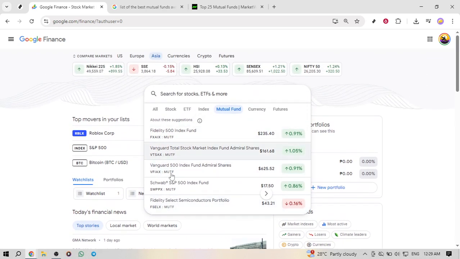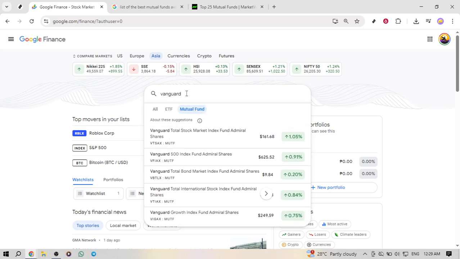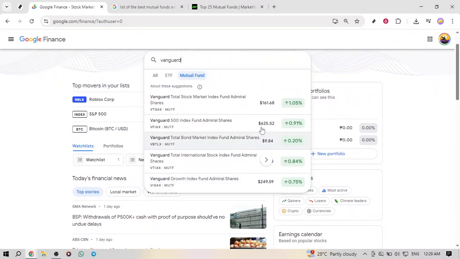deeper elsewhere. If you already know the mutual fund you're looking for, type its name or ticker directly into the search bar. Google Finance will auto-suggest as you type, which helps you pick the correct fund when multiple share similar names. Select the exact match to open its page and review the same overview information, making sure you're looking at